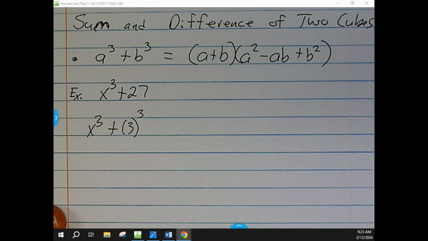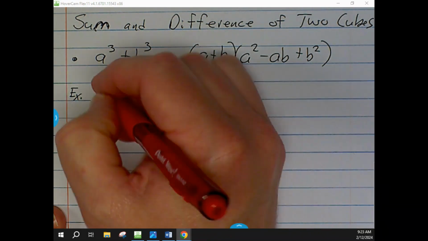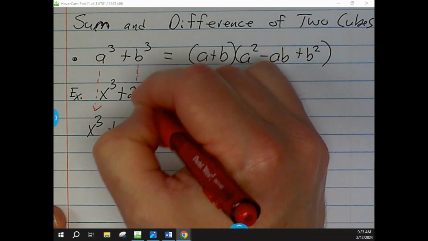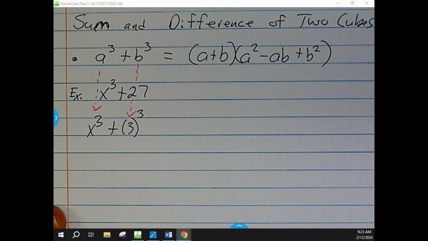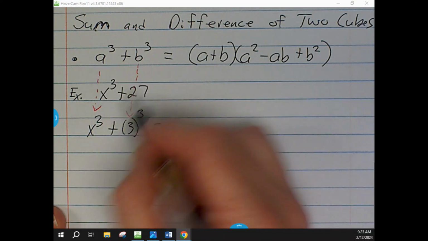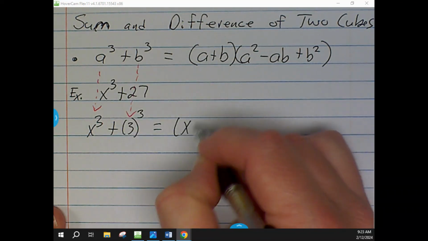Basically, everywhere you have an A in this formula, you need an X, and everywhere you've got a B, you need a 3. So the answer is going to be A plus B, so that's X plus 3